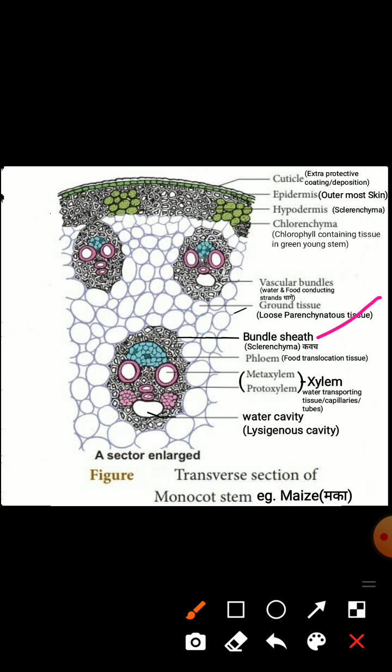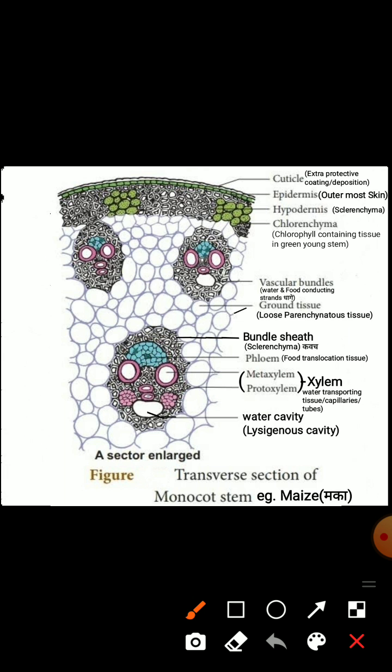So, the presence of bundle sheath is a feature of the monocot vascular bundle. This bundle sheath is absent in the dicot stem. Dicot stem shows vascular bundles where the bundle sheath is absent. Here, the bundle sheath is there in the monocot stems. Now, in addition to this, if we observe the elements of the vascular bundle, xylem and phloem,